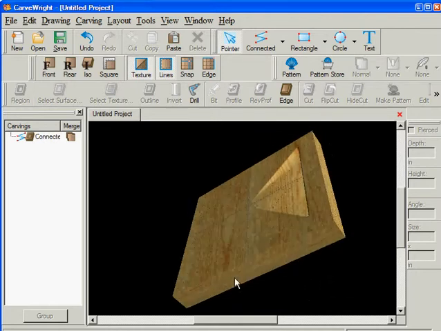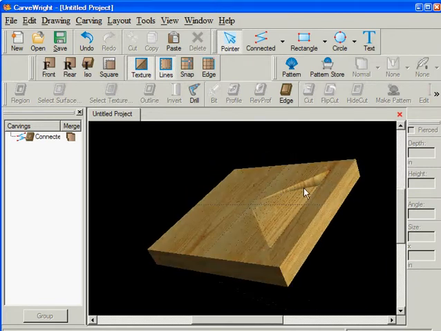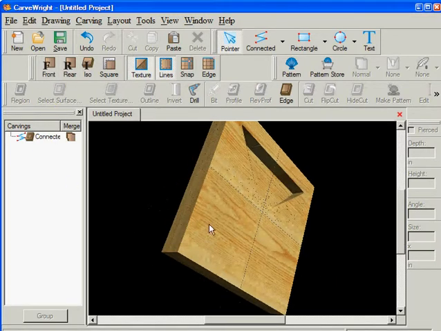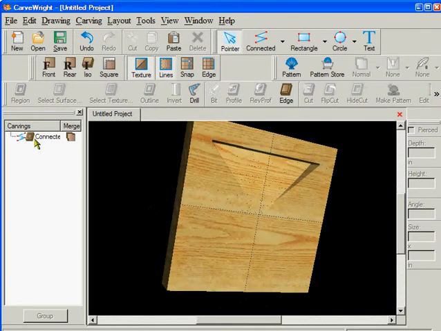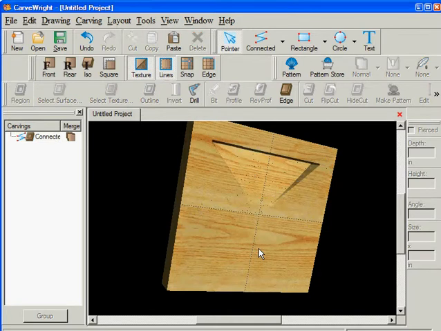But if I look at the actual line here, a dome is not a straight line. A dome is an arc. And I wasn't looking for an arc, but that's the only choice I have under select surfaces. Just to show you how this goes now, I can highlight this, I can copy it, and I can paste it,